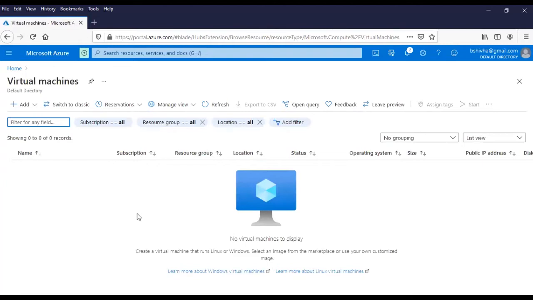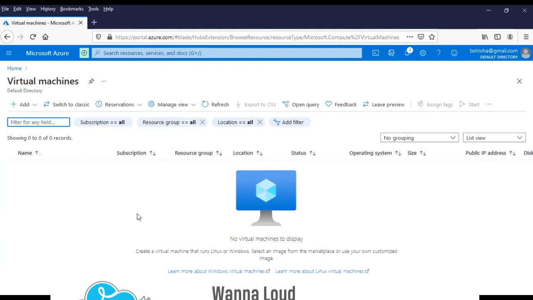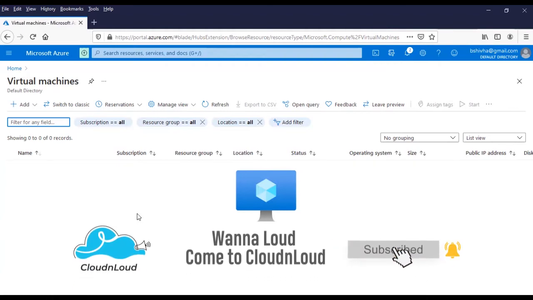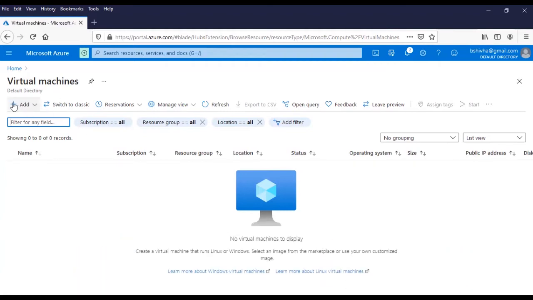In virtual machines, there are a lot of advanced options. As of now, in this exercise, we are going to see how to create a basic virtual machine. I'm going to virtual machine, add.